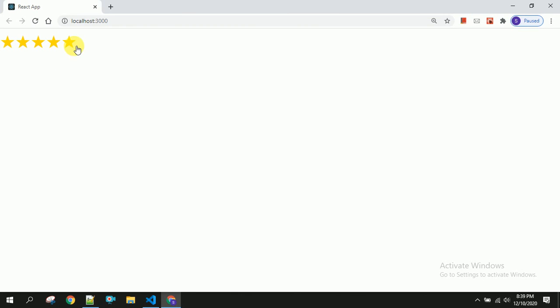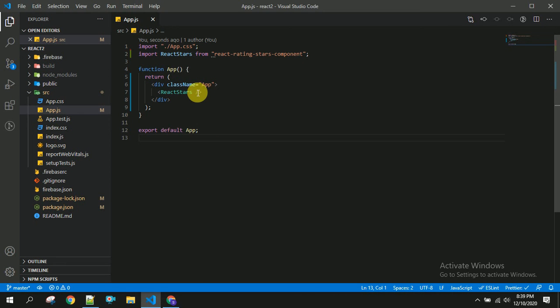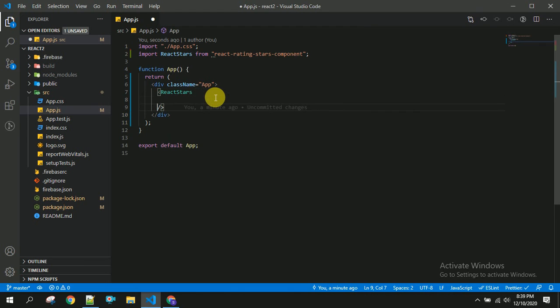You will be able to see the default color as yellow or gold like that, and you will not be able to give the half star rating. So let us see how to change this color first. For that I am going to add one property called activeColor, and I am going to change it to some red.